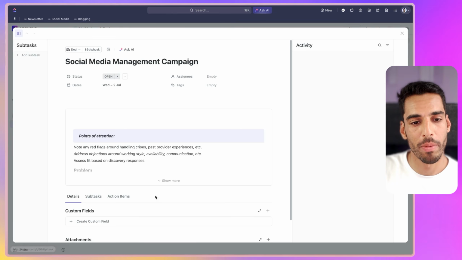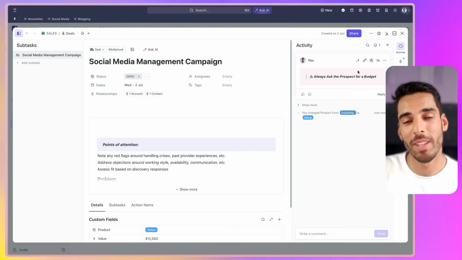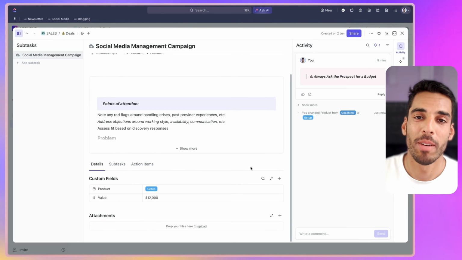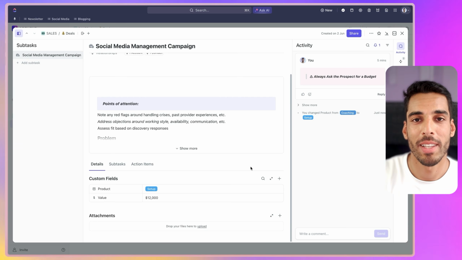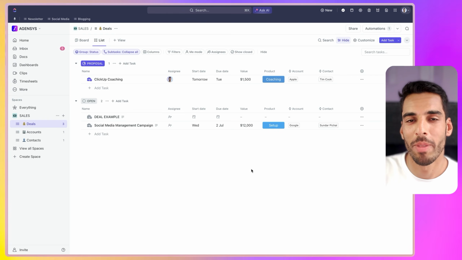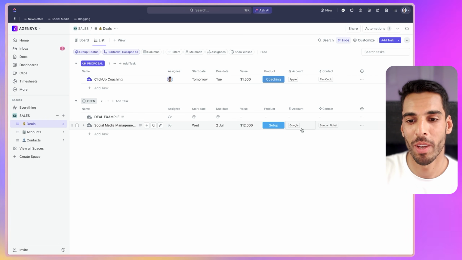And if I open it up, it will have the sales script that I've just created. It will have the comments that I've added. And as you can see, we've already started systemizing our sales process through this agency CRM. I'm going to show you something quite interesting. Now I'm going to show you the power of that account relationship we've created here.